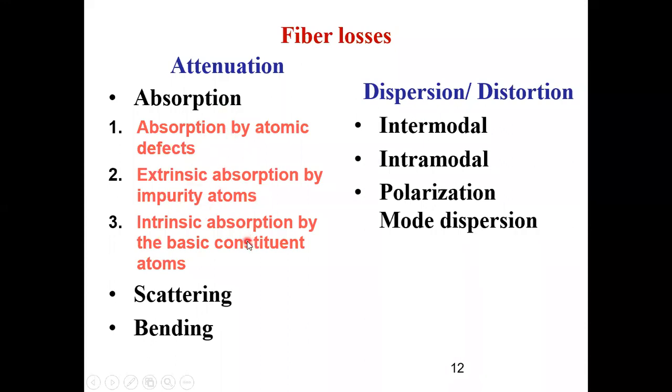These are sometimes at the manufacturing end. So as a user, if some things are already present in the fiber, I have to bear with it. What is in my hand at the user end is when I'm joining a connector, when I'm cabling the fiber, laying it down, when I'm splicing it, there should not be loss. So that all these losses are in our hand. At the back end, during the fabrication, they need to take care and measure the attenuation loss and dispersion loss before they release the batch of fiber in the market.